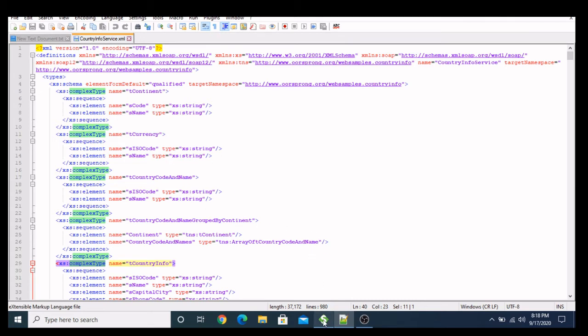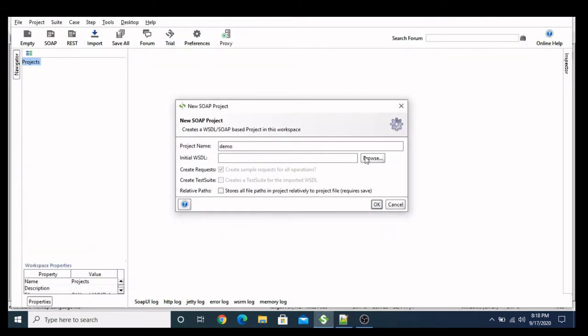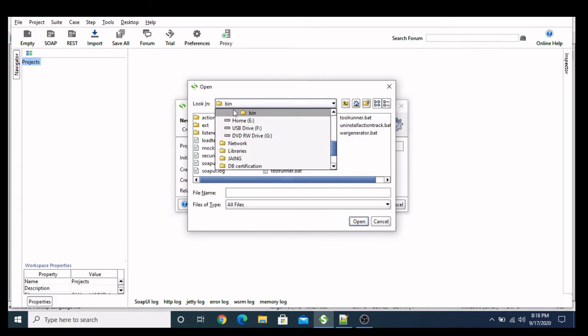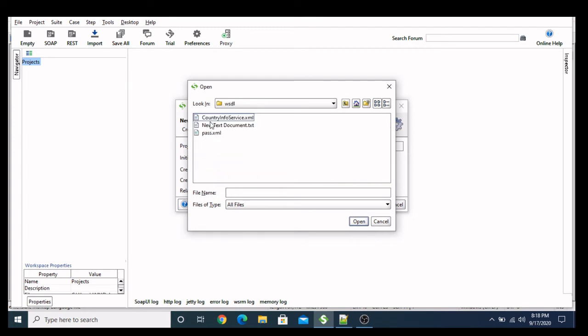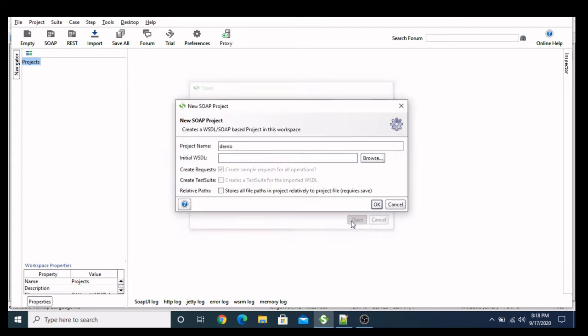Now let's move on to creating the project. Let's browse the WSDL. So these are the APIs I'm going to test.